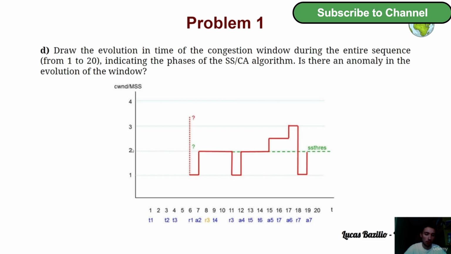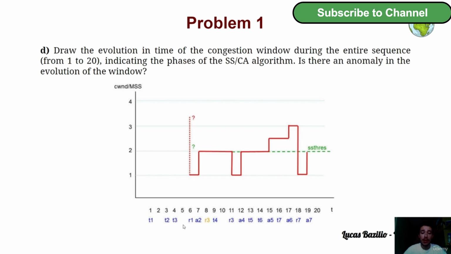This is 2 maximum segment size, 3 maximum segment size, and so on. So before the exchange 6, we can't know for sure the value of the congestion window. It is impossible to know it. However, from the exchange 6 and from now on, we can know this value. So remember the algorithm. We begin here and we set the congestion window to be equal to 1, and then